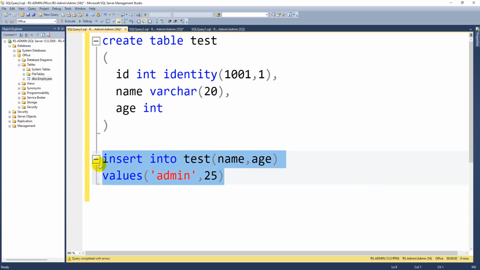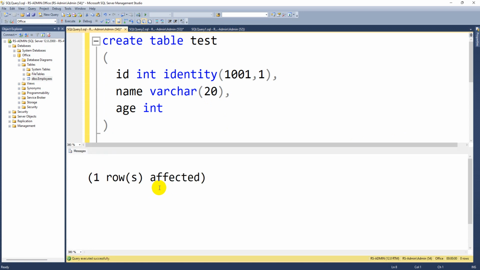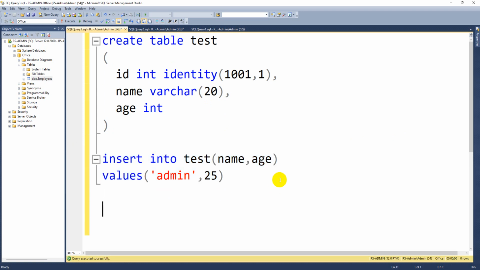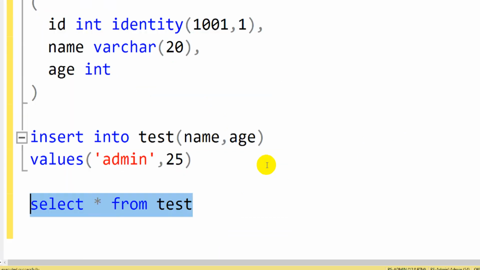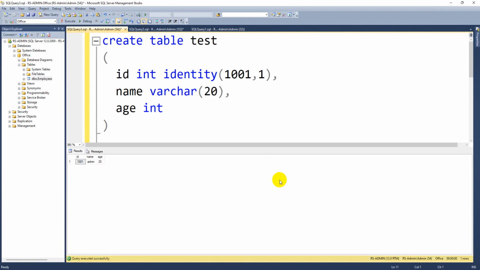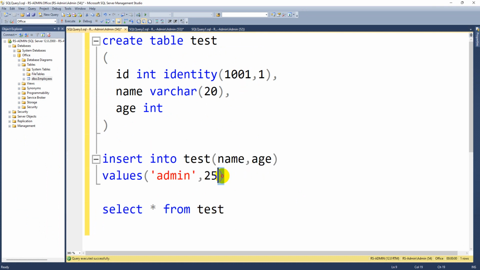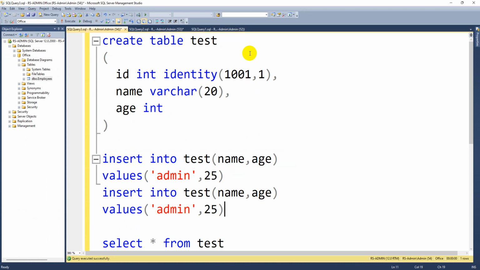So if I execute this one, you can see the row was affected. That means the insertion is successful. If I go with select star from test, I can see the data. It was inserted and it started with 1001 because we gave the seed value as 1001. If I insert one more record like this, it will increment by 1 every time, so it will become 1002.